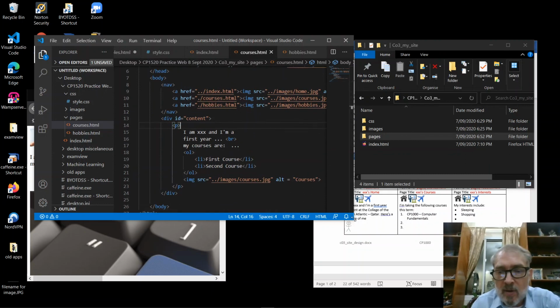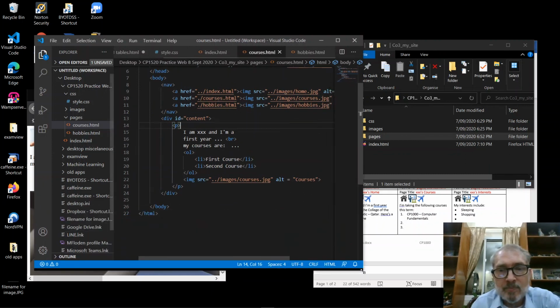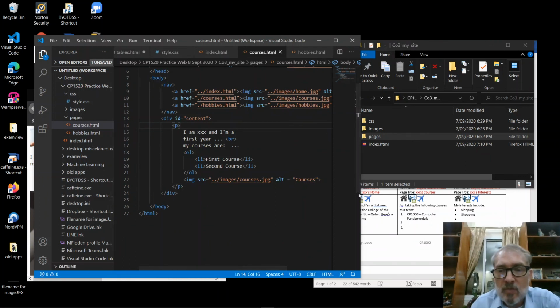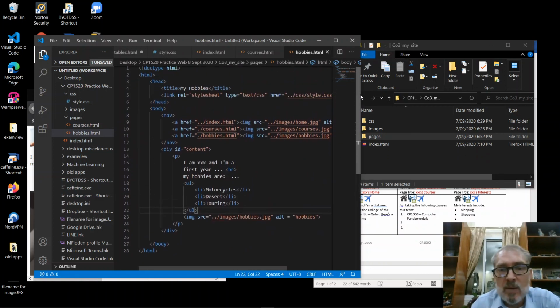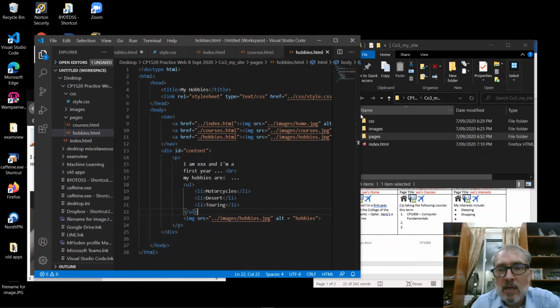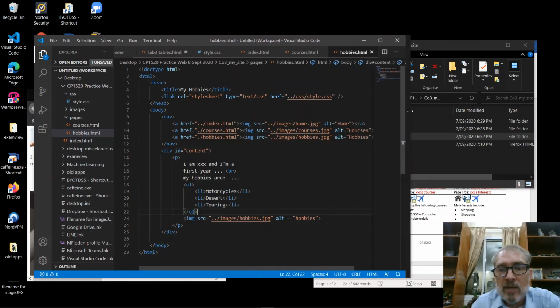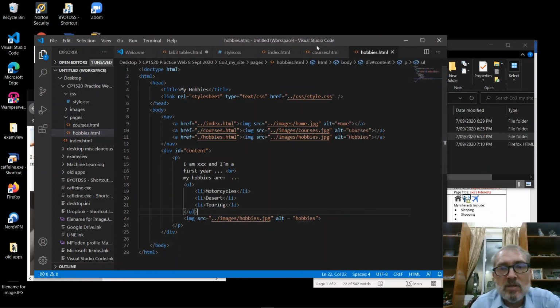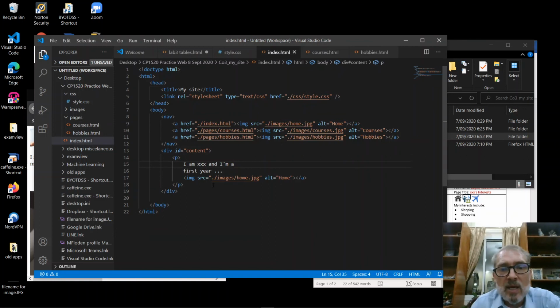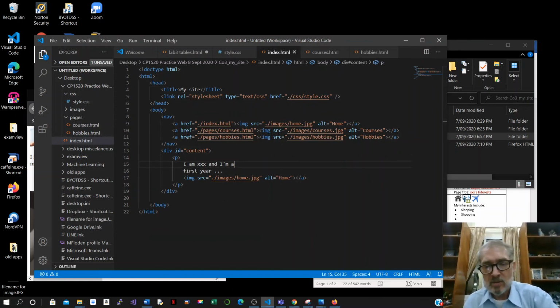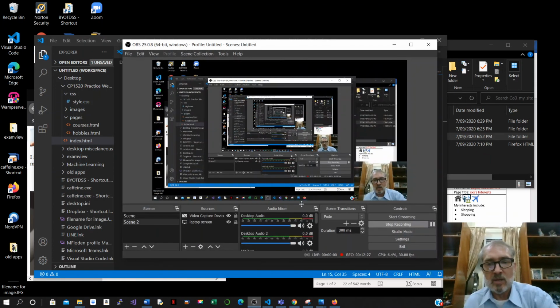That's the code for the courses. And if you look, you'll see the code for the hobbies is almost the same, right? Almost the same. And then there's the hobbies, there's the courses, and then the index is just like that. And that, my friends, I think is probably enough to sort of get us going with that. All right, so